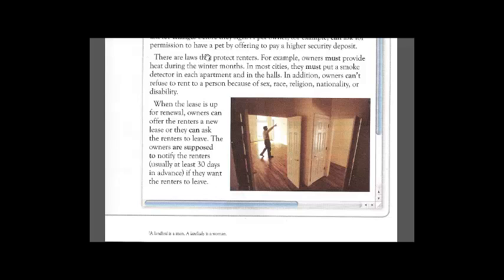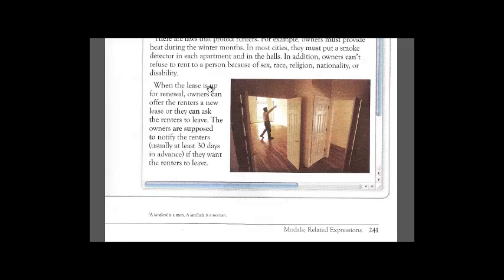I just wanted to comment here. These laws depend on the state that you live in. Some states might be different than others, or some cities might be different than others, so you need to become familiar. I rented before, for example in Colorado, and I had to pay for the heat. So I don't understand exactly what they mean here, that the owners will provide the heat during the winter months, because I pay for the heat and air conditioning. Alright,